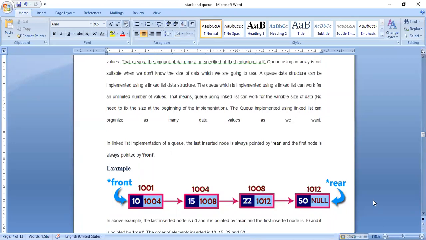By using an array, what I will be doing is inserting a new node at the rear, and at the front I will be doing a deletion of a node. So, what are the two operations I have to know to implement the queue by using a linked list? See here.